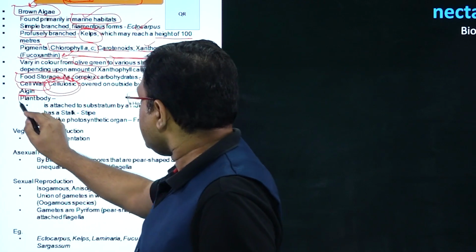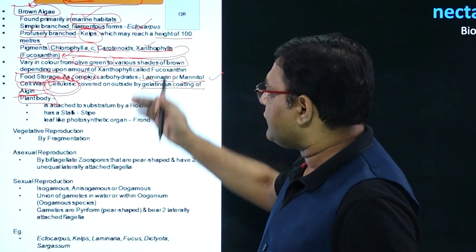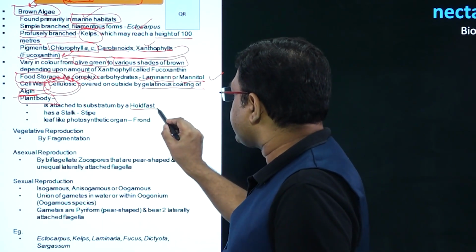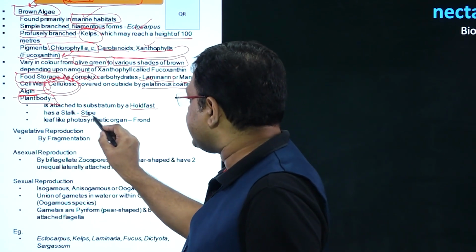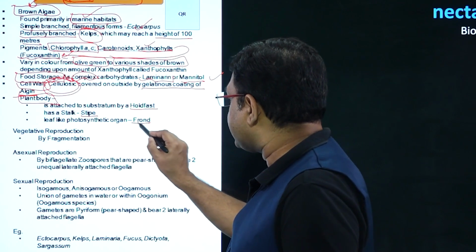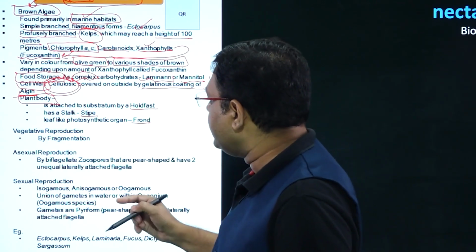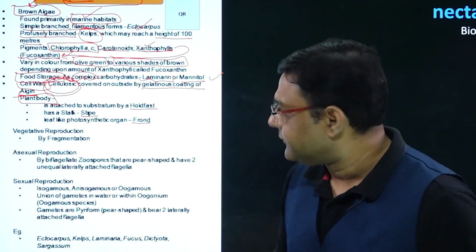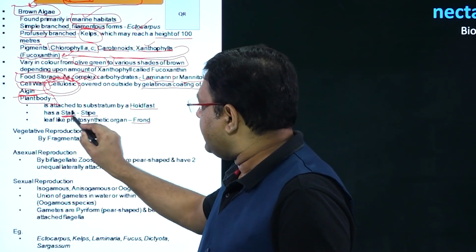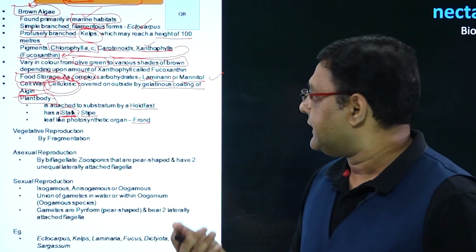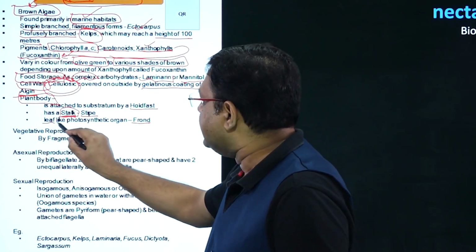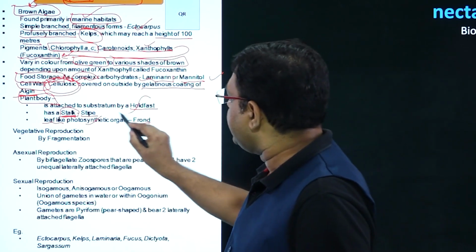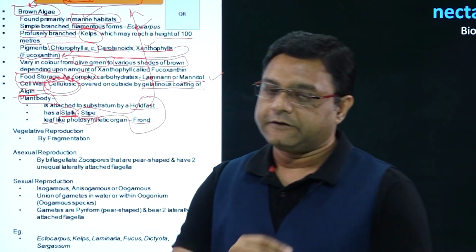Talking about the plant body, in the case of Phaeophyceae, we can say that it is divided into three parts. There can be a structure called holdfast, a structure called stipe, and a structure called frond. Holdfast will attach the plant body to the substratum, so we can say it is working as a root. The stipe will work as the stalk, so we can compare it with a stem, and the frond is the leaf-like part, and it is the part which performs the process of photosynthesis. So these three parts are present in Phaeophyceae.